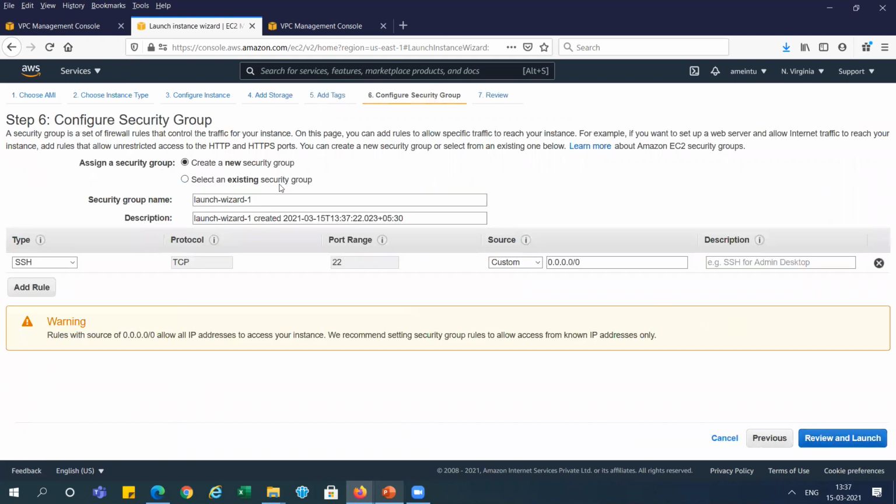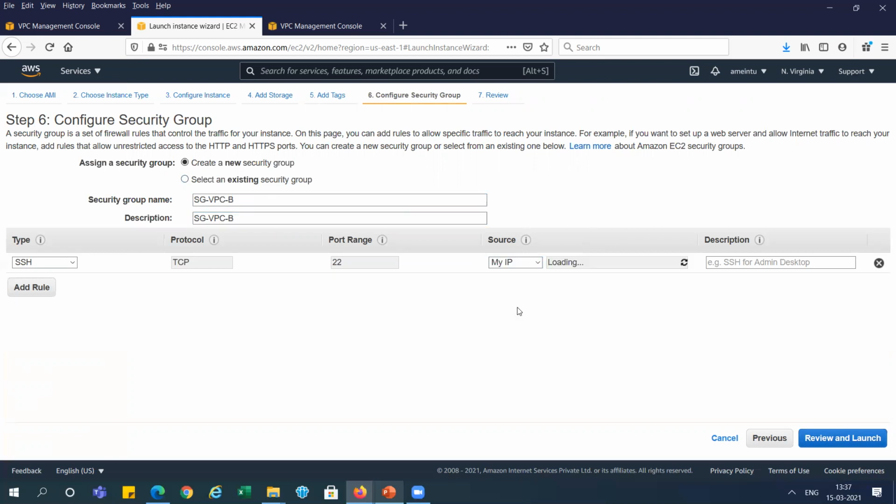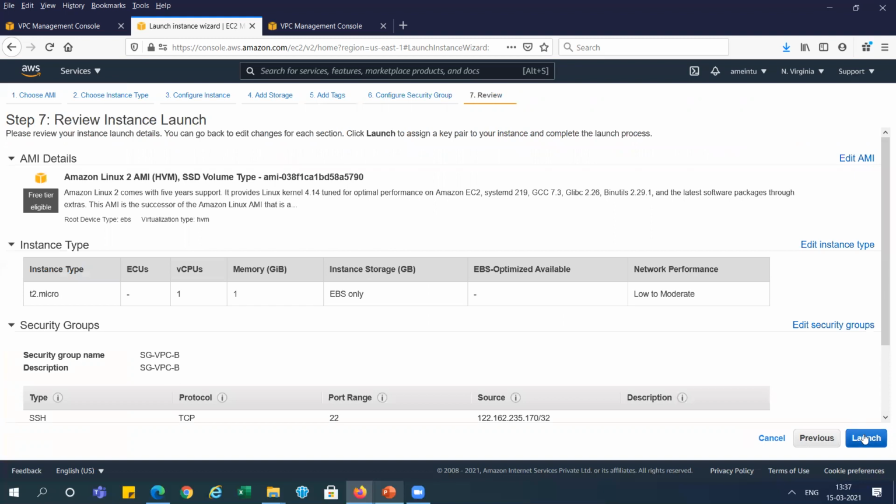And security group we can define this security group, security VPC B, right? And you can see this is my IP. We can access it, and review and launch.